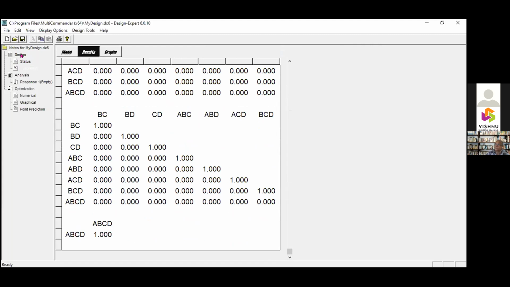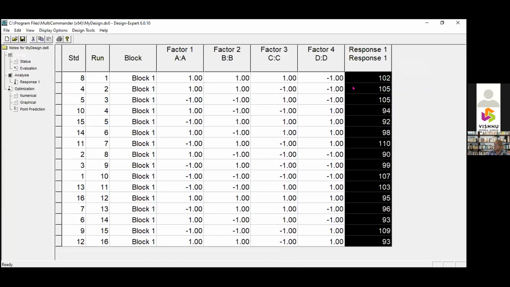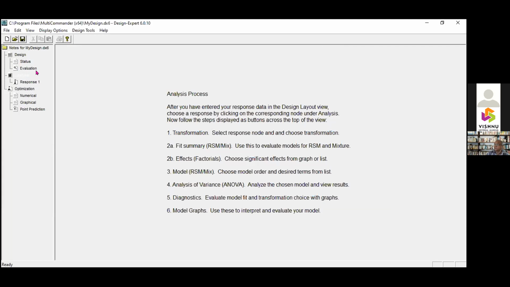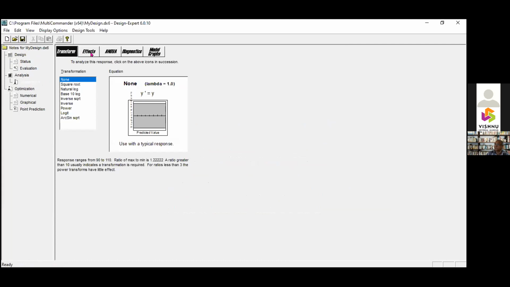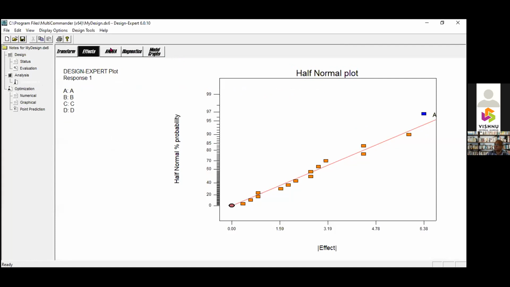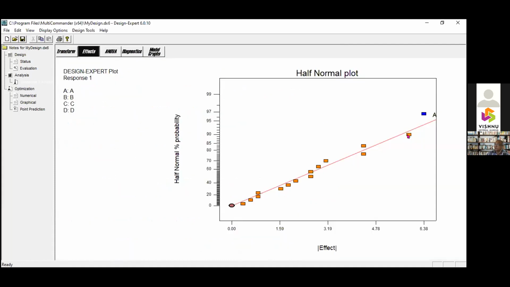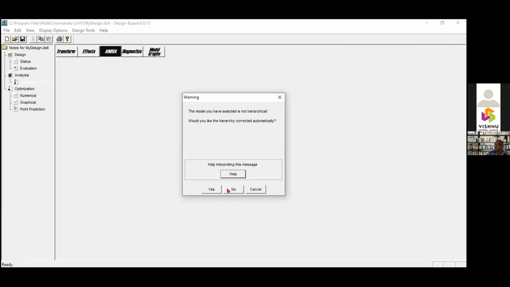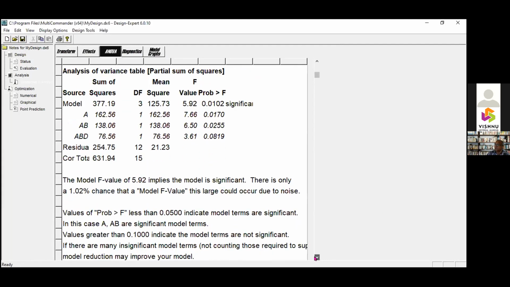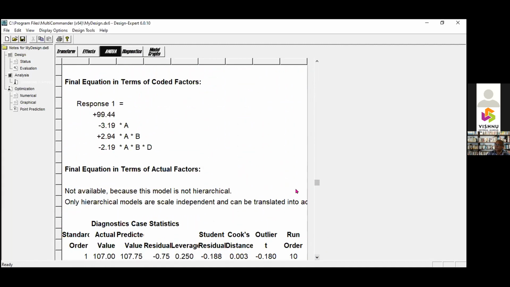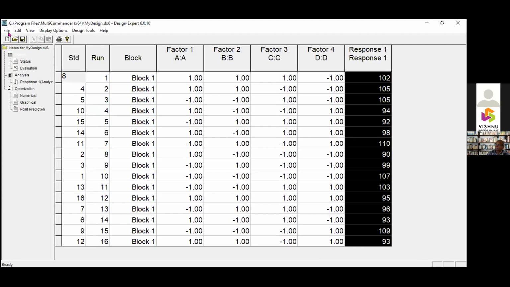I'll choose some arbitrarily, then it will come.